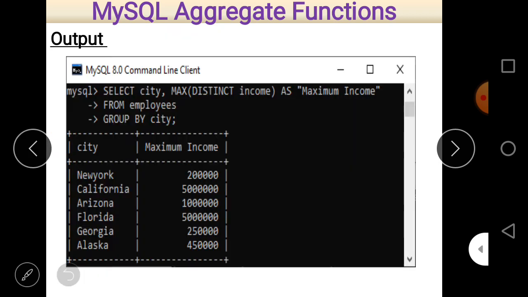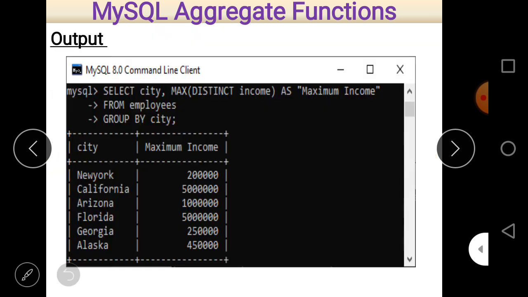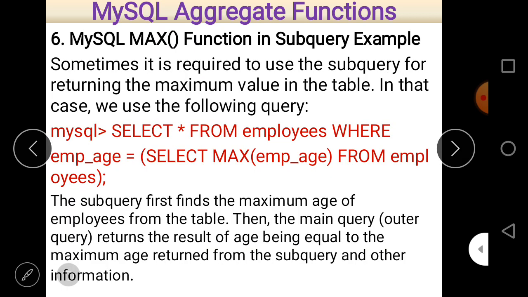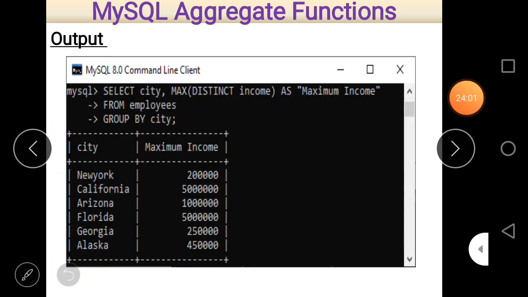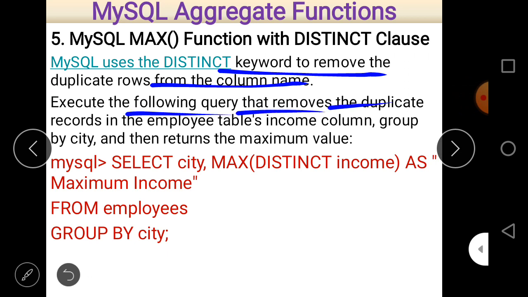MySQL function. The DISTINCT clause keyword is used to remove the duplicate rows from the column name. That is the main purpose of the DISTINCT clause. Now you can see the MySQL function in the subquery example. Always remember that the DISTINCT keyword is used to remove the duplicate rows from the column name, and it executes the following query that removes the duplicate records in the employee table's income column, group and city, and then